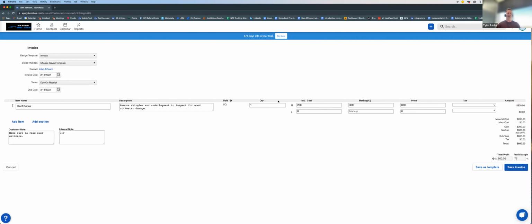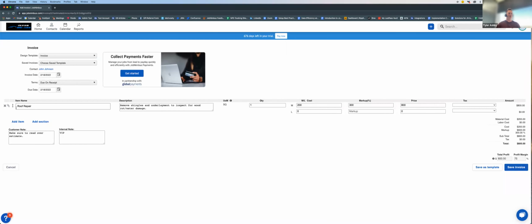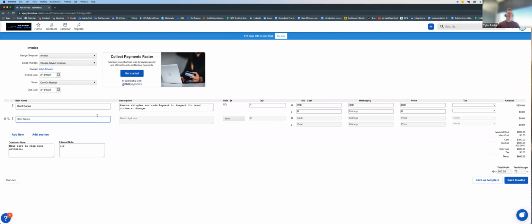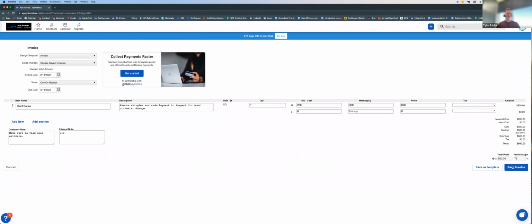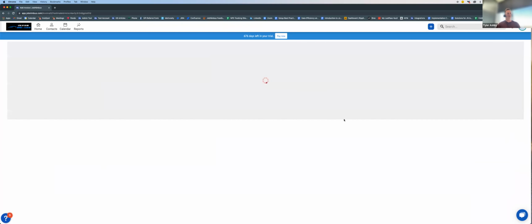And this makes it really easy because we're going to probably have this exact same item on the invoice. If we needed to add an additional item, we can add that as well, but we're just going to stick with this roof repair here. We will save the invoice when we're ready, but we can also set the terms that we want to have on our invoice of what's going to be paid. We're just going to keep it at due at receipt because we're going to have them paid just one time. When we save this,